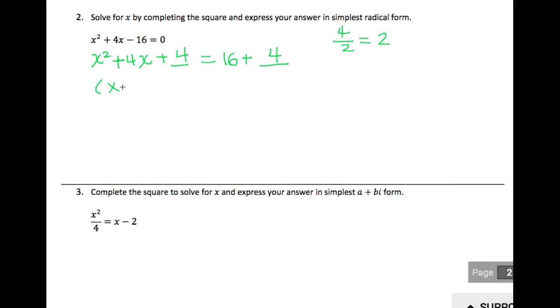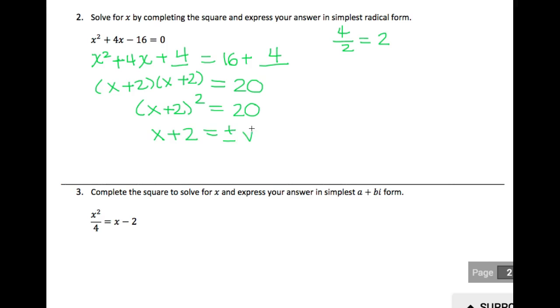The left-hand side, we're going to factor. Remember, we made it a perfect square trinomial. Things that add to 4 and multiply to 4: 2 and 2. And this is 20. So here, x plus 2 squared equals 20. Now I'm going to square root both sides. When I do that, I have to remember my plus minus, and then I'm going to scooch the 2 over,